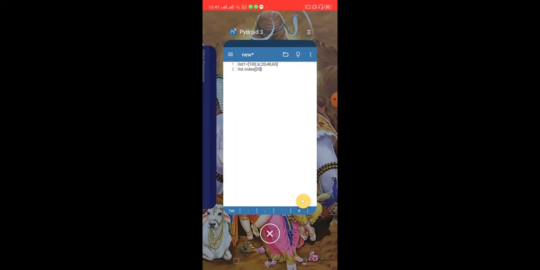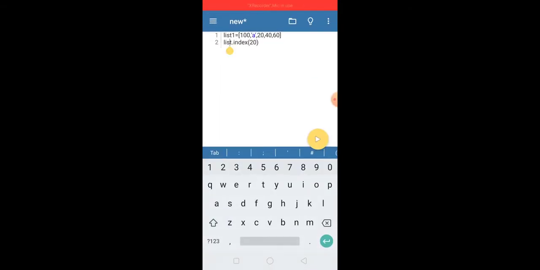It will give no output. It will give an error because we have written list instead of list1.